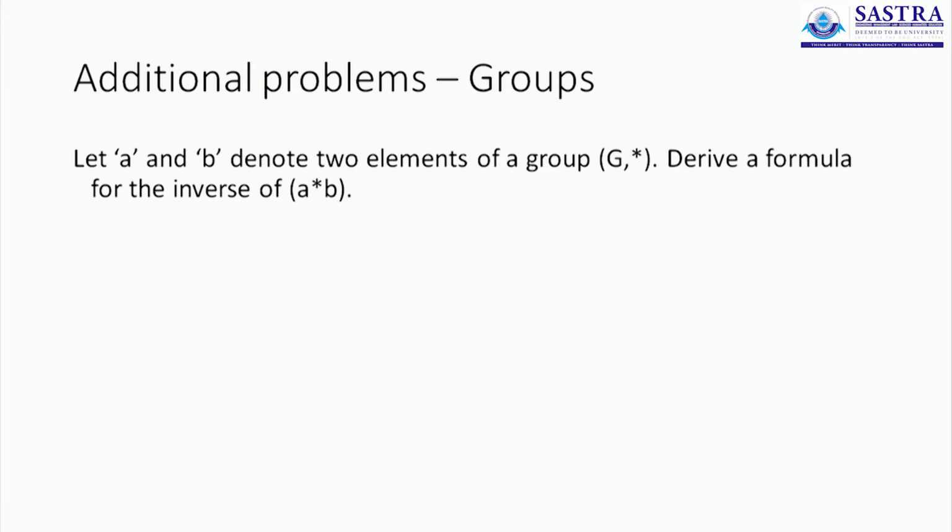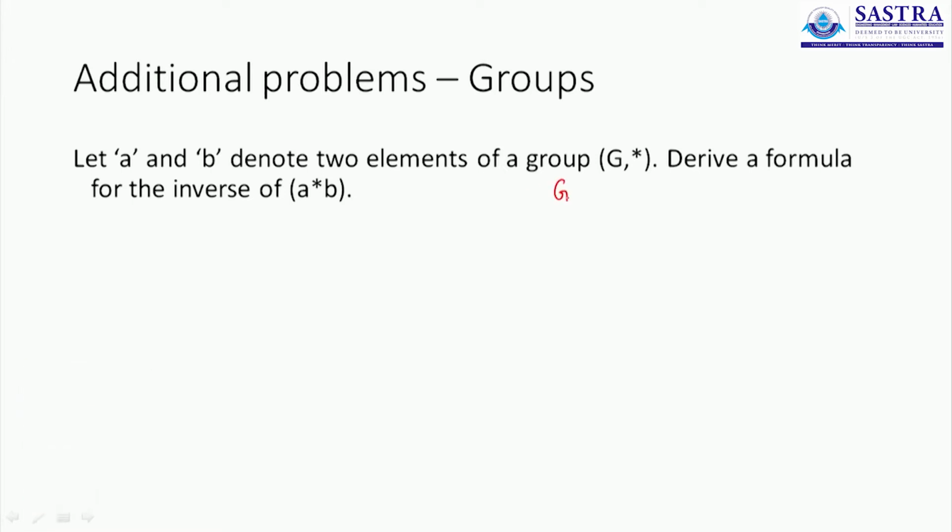We are not restricting ourselves to a particular group or a particular binary operation. What we are doing is general. Whatever we obtain now can be generalized and applied for any group involving any binary operation. Let's get into the problem. Let A and B denote two elements of a group G star. Now we are supposed to derive a formula for the inverse of A star B. Now remember,